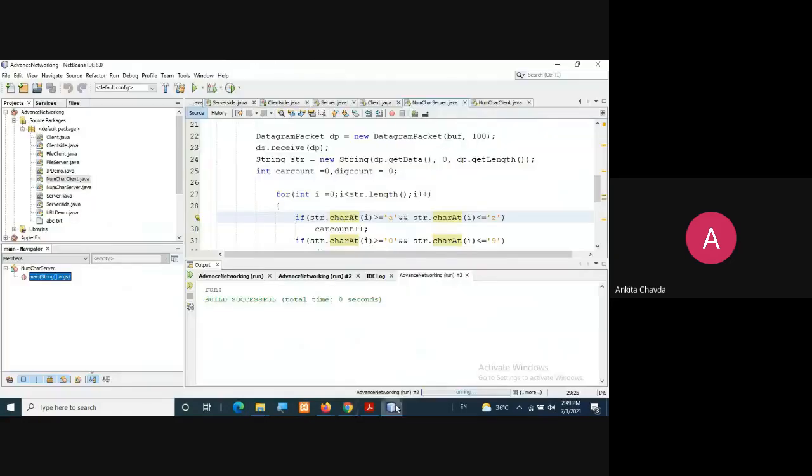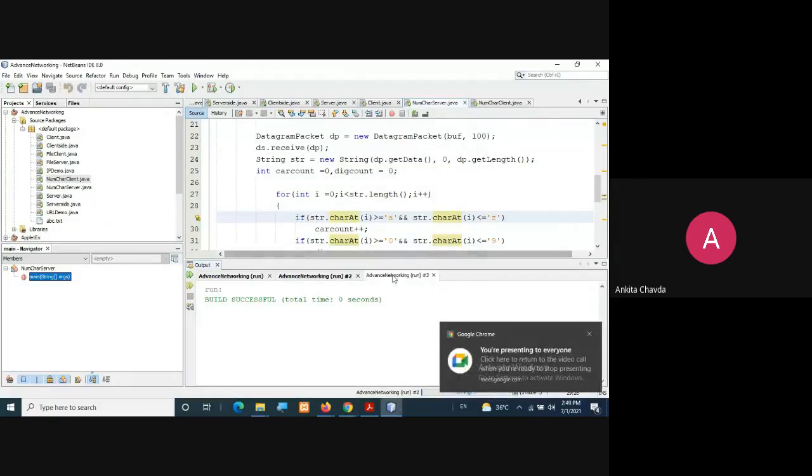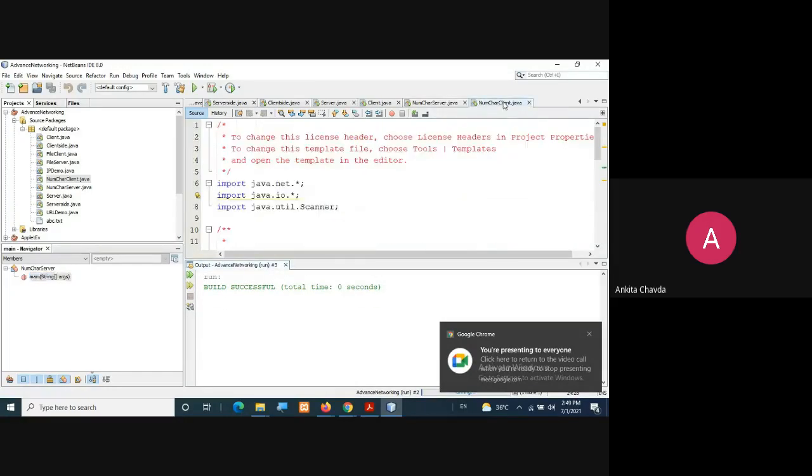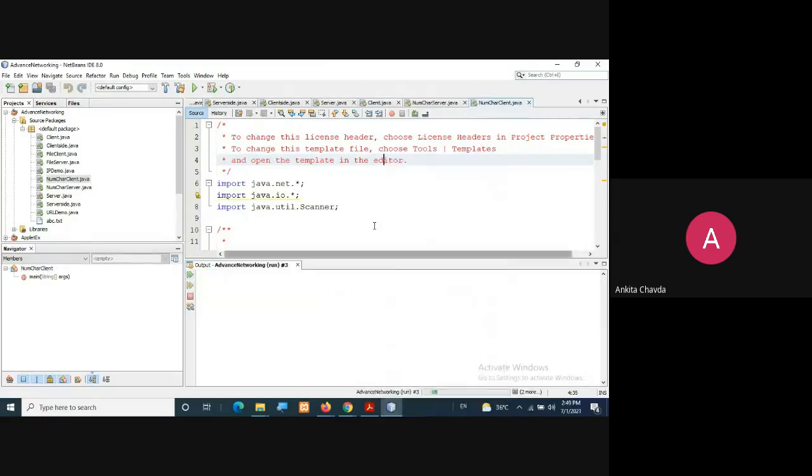Okay. So here what we have done is, I'm closing all this. We have run the server. Now we are running the client. We are entering any string. Suppose this is the string.